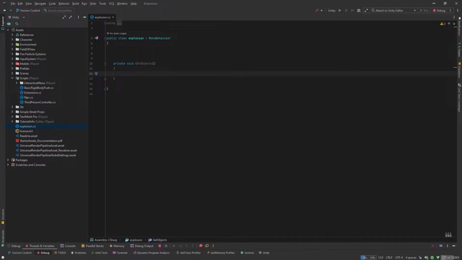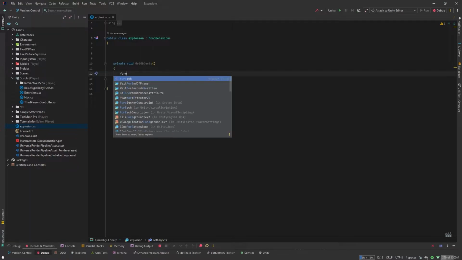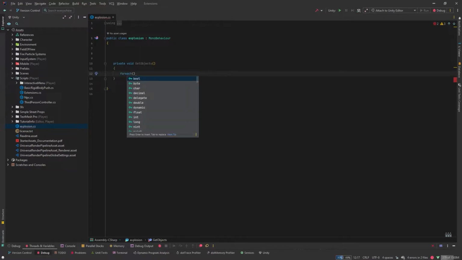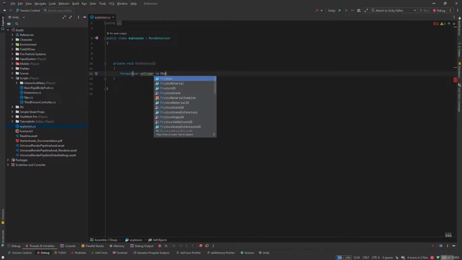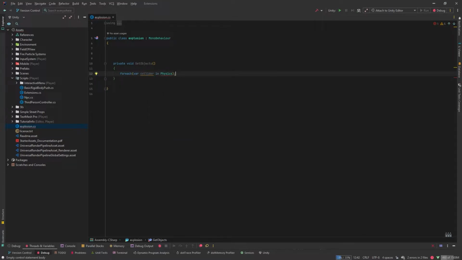So in this method, what we are going to do is we are going to use Physics.SphereCastAll, so we can get all the objects around us which have rigid body, which have box collider or any different type of collider in it. So let's get it with a foreach, because we want to get more than one object. So collider in Physics,